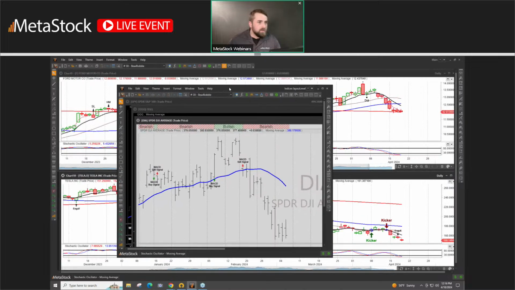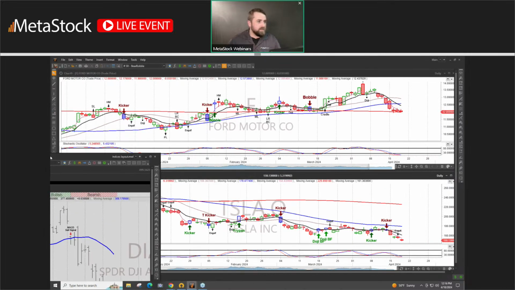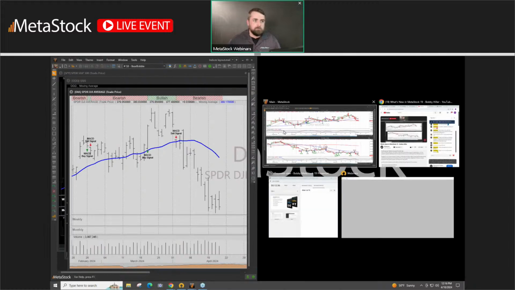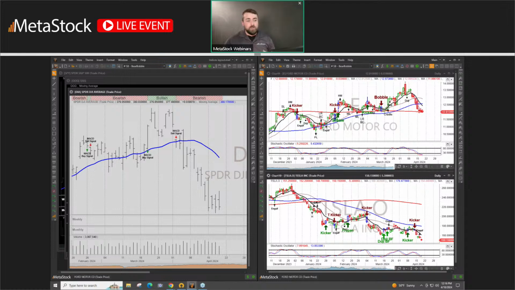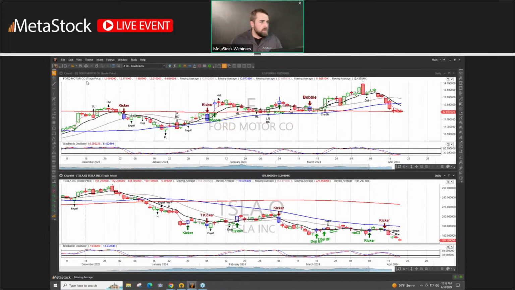And okay, here we go. So I have this indices layout here. I can also drop them onto the side of the screen and have them displayed like this. You can also do the same thing within MetaStock itself. I'll show you a good example of that by opening this up. And actually, we'll get to that a little bit later. I know that it's in my slide. I don't want to get ahead of myself.